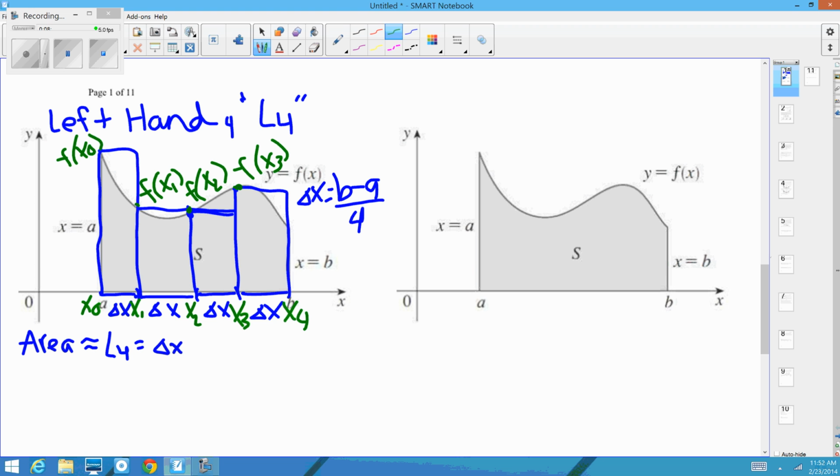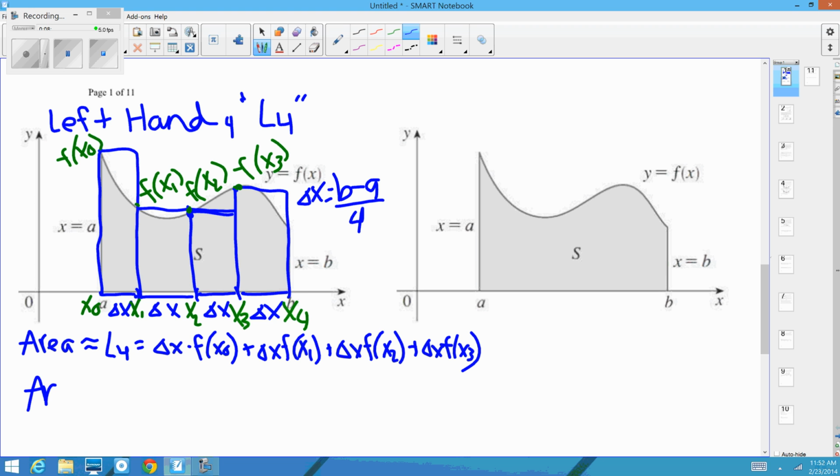All right, so let's say we were going to approximate this area. So it'll be delta x times f of x sub 0 plus delta x times f of x sub 1 plus delta x times f of x sub 2 plus delta x times f of x sub 3. All right, so now we can use this summation notation that I showed you before. We can approximate the area